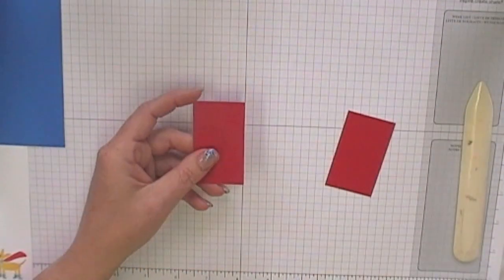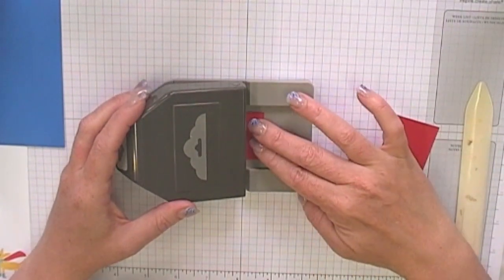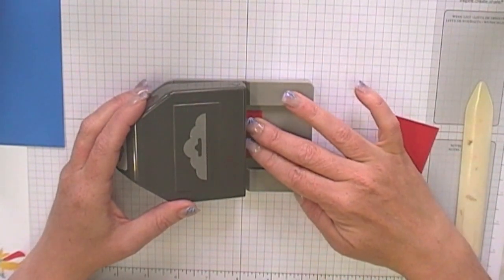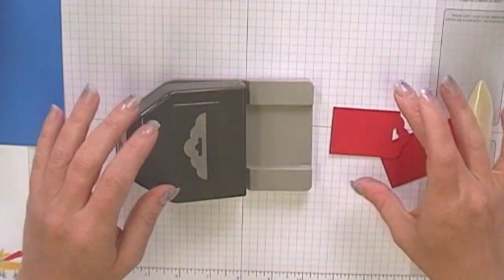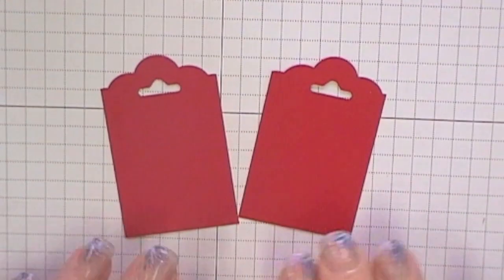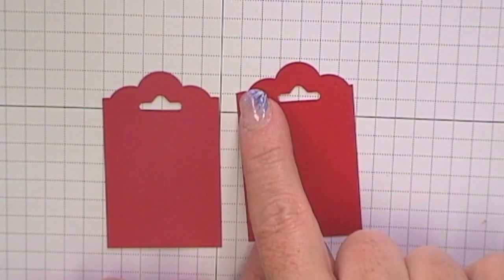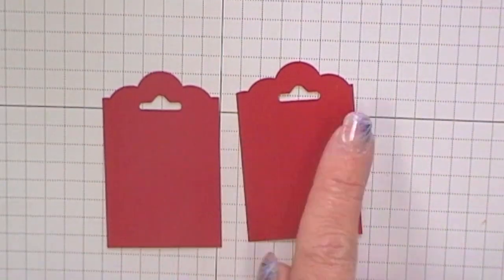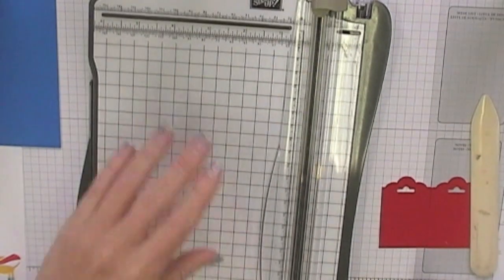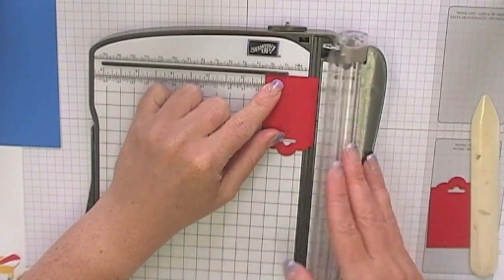So you've got your little 1 1/2 by 2 inches. Basically all you're going to do is pop them into the tag topper punch and try to roughly center them. That's what you want. So when you've got them cut, you'll see, even though I've tried my best to keep them relatively centered, I've got a small little kick out on this side and a larger one on here. This is what I mean about if I give myself 1 1/2 inches wide, I can bring my trimmer back in here